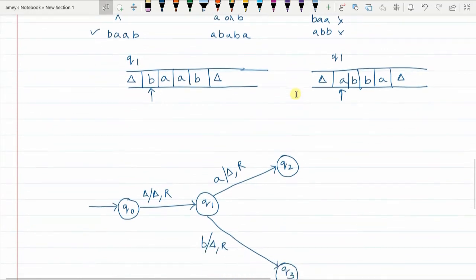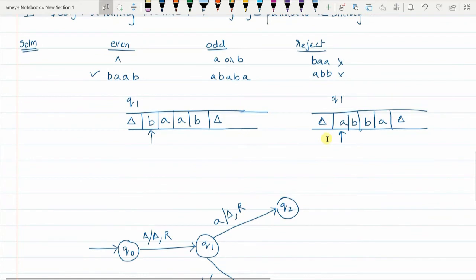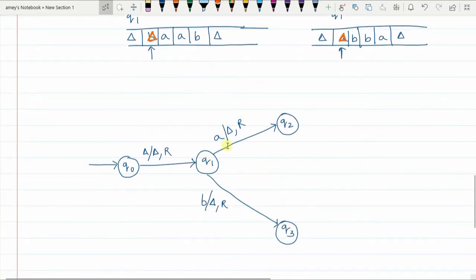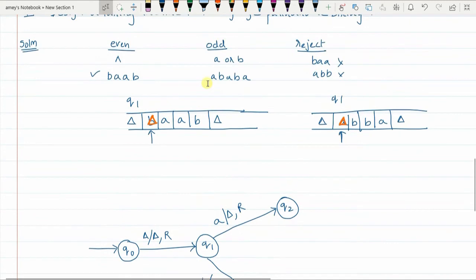So what I did here: from Q1 state, A was replaced with delta, or B was replaced with delta, based on which branch, and in both cases the pointer moves one place to the right.